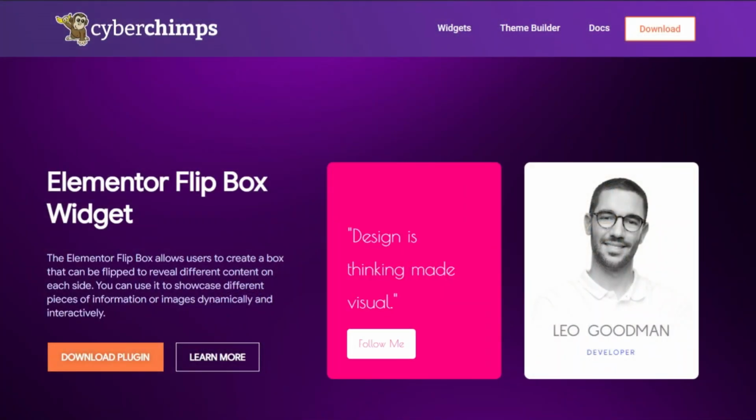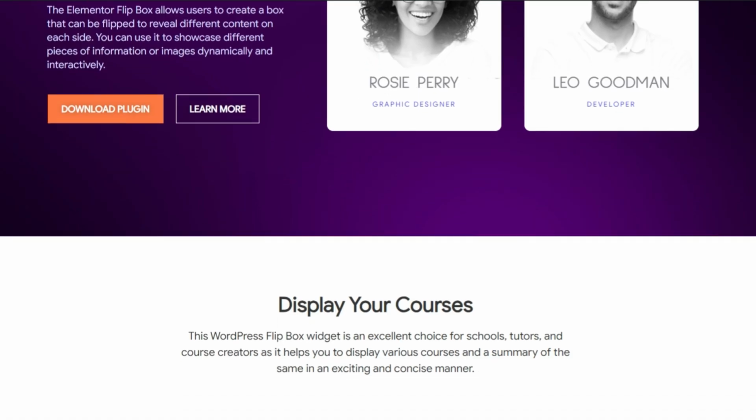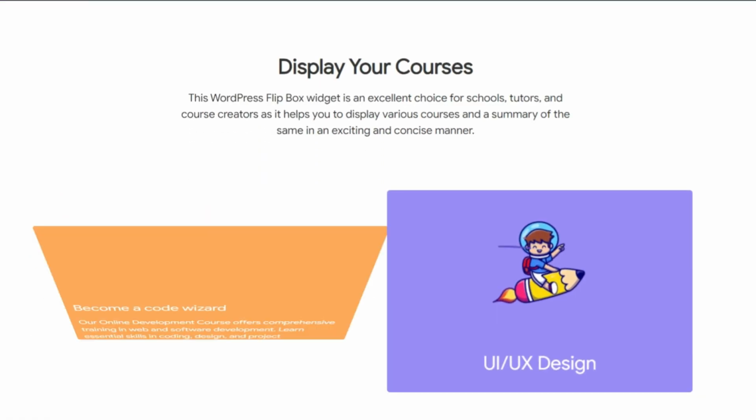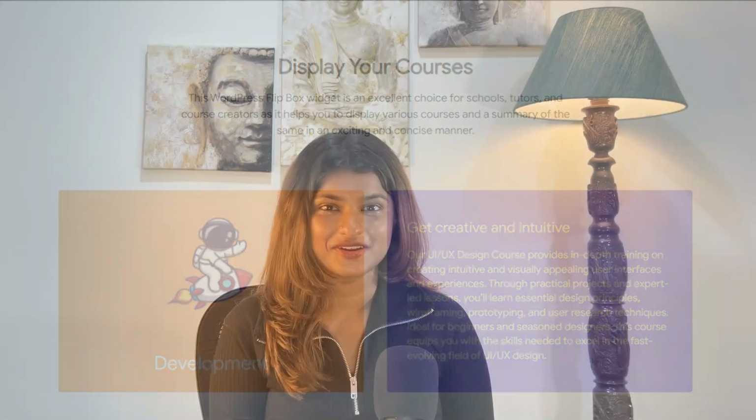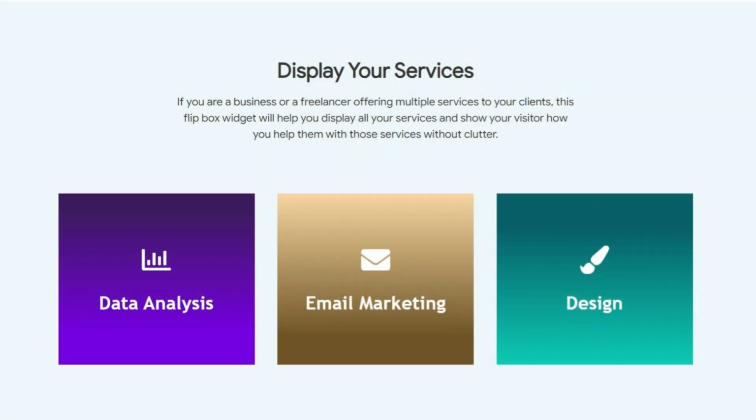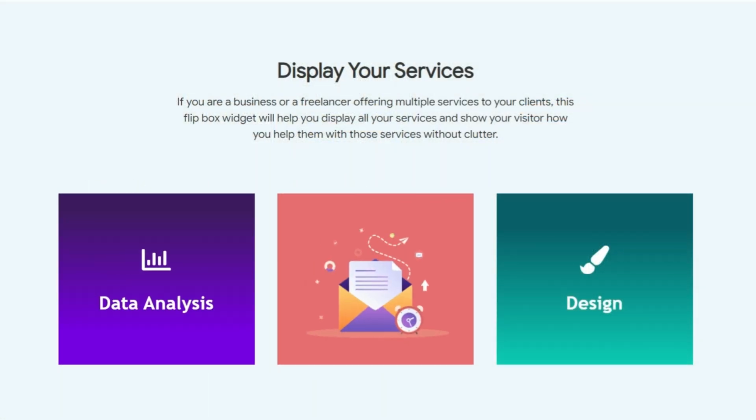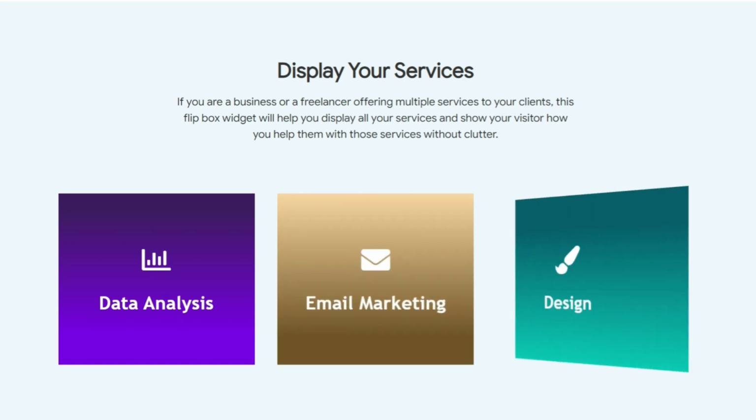In this tutorial, we'll be diving into the exciting world of Flipbox widgets. This powerful tool allows you to create captivating animated boxes that flip whenever a visitor hovers over them. With Responsive Add-ons for Elementor's Flipbox widget, you can easily design and customize these animated boxes in just a few clicks. It's a fantastic addition to any website, offering an interactive element that engages your visitors.